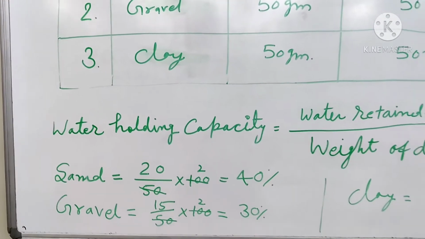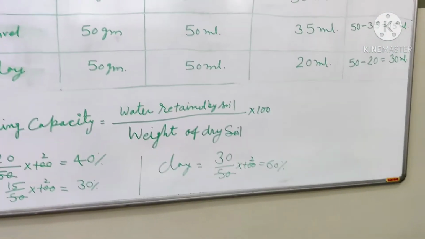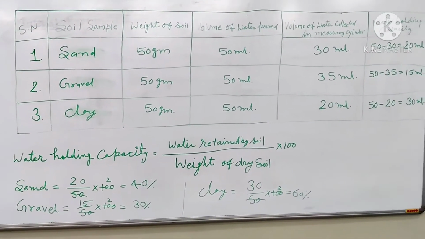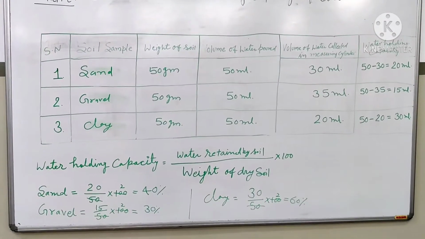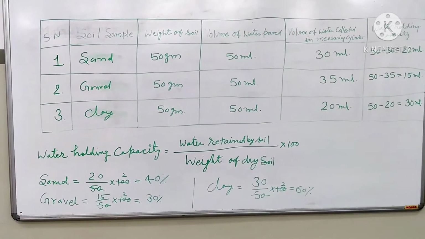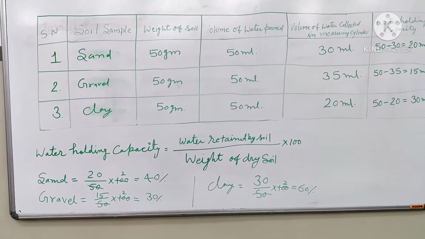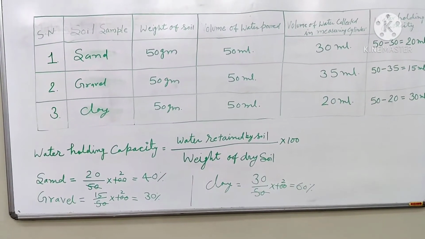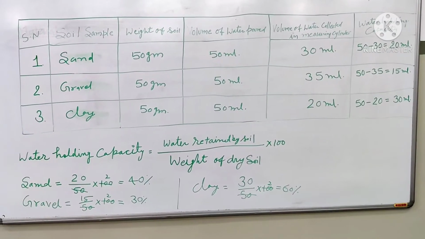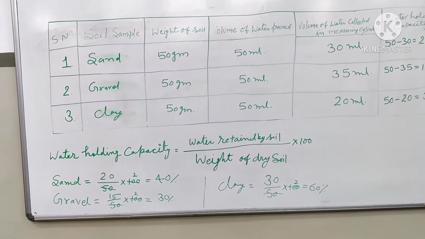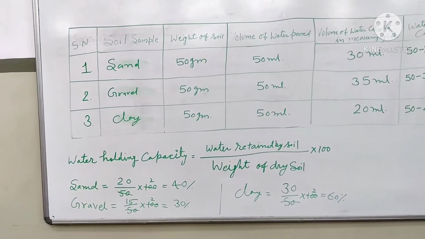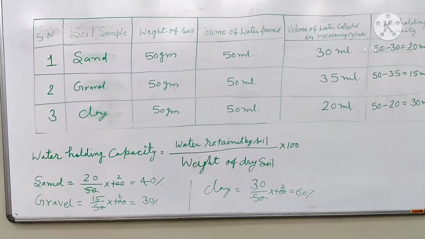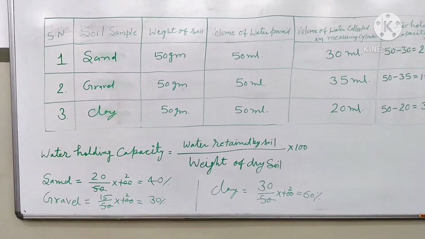Now the question comes, why is there a different water holding capacity in all of these? The reason behind it is, meanwhile when I am speaking you can note down the table also. That's why I am keeping this table in the frame. When we are talking about the clay soil, the clay soil has the maximum water holding capacity because it has the least porous nature. The interparticular space of the soil is less, and that's why the percolation is lesser, and the holding of the water, that is the water holding capacity, is greater for that.